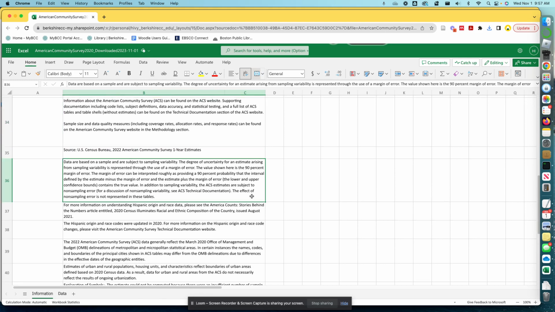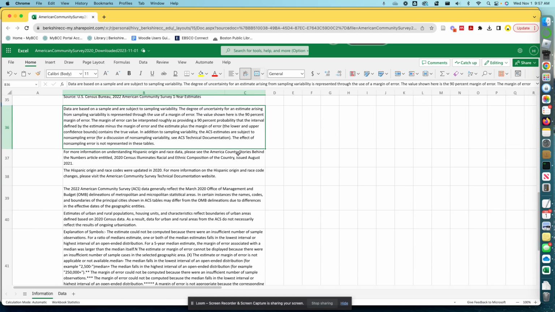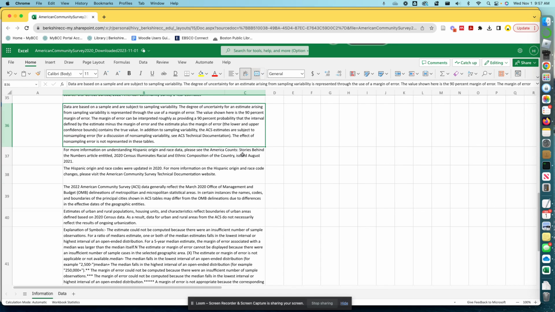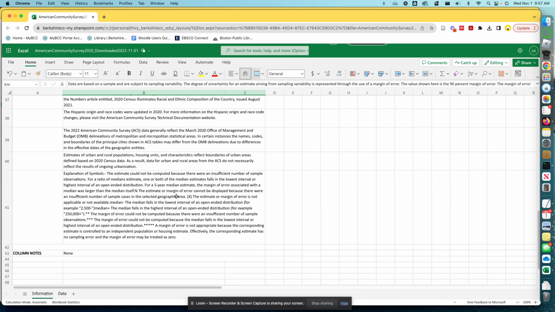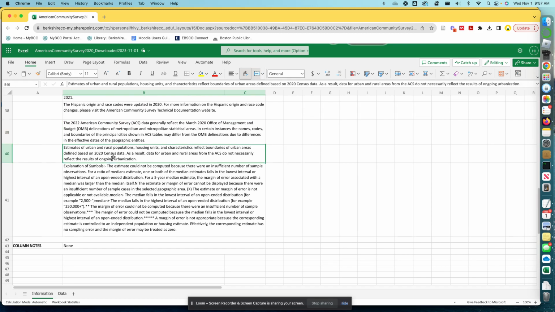Data are based on samples. This means that they don't speak to every single household. They take a sample of the population and then use that to extrapolate to the wider, general group. So it reflects data as of March 2020. Okay. So some other